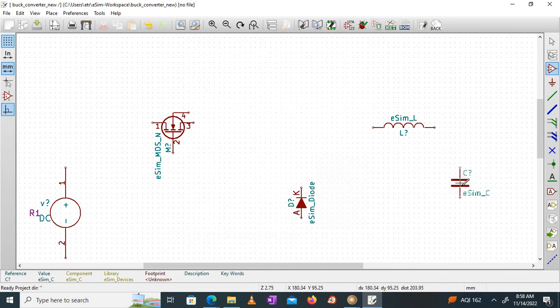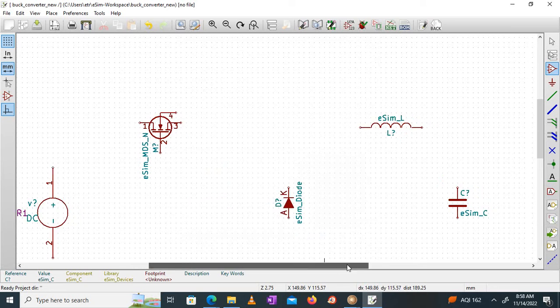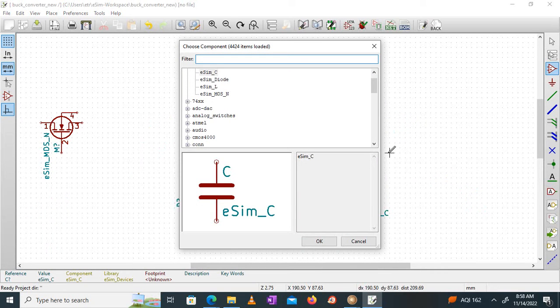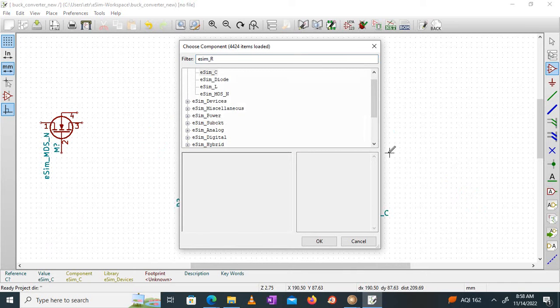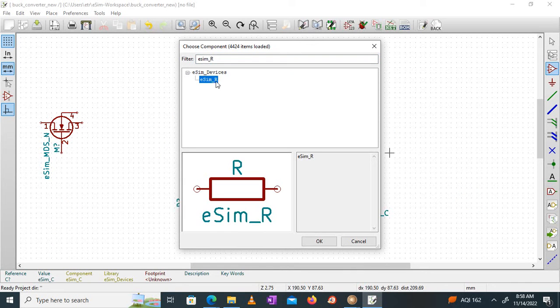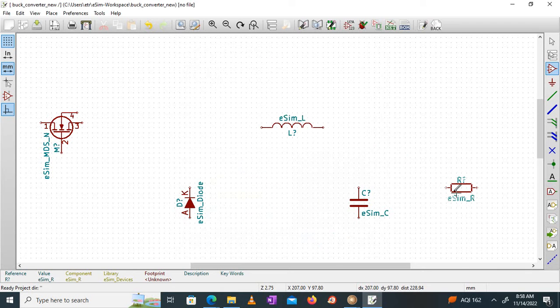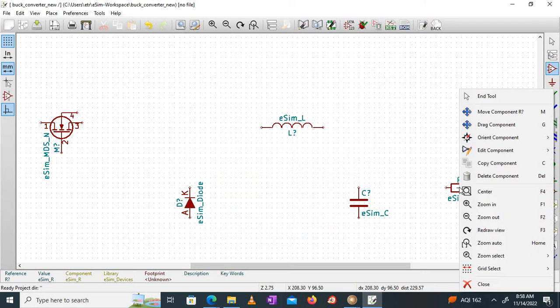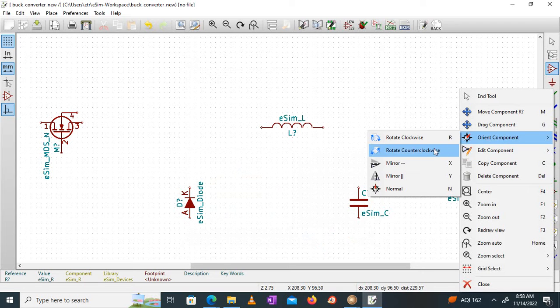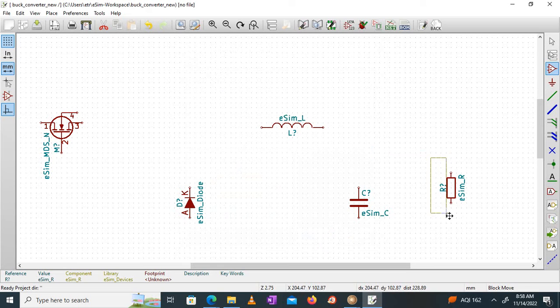Click on OK, and you can place it over here. And finally we require a resistor. So you can type eSim underscore R. Yeah, so this is my resistor. Now I have to orient this resistor. I'll do that later, but first I'll place it, then right click, orient counterclockwise. Yeah, so I have placed my resistor also